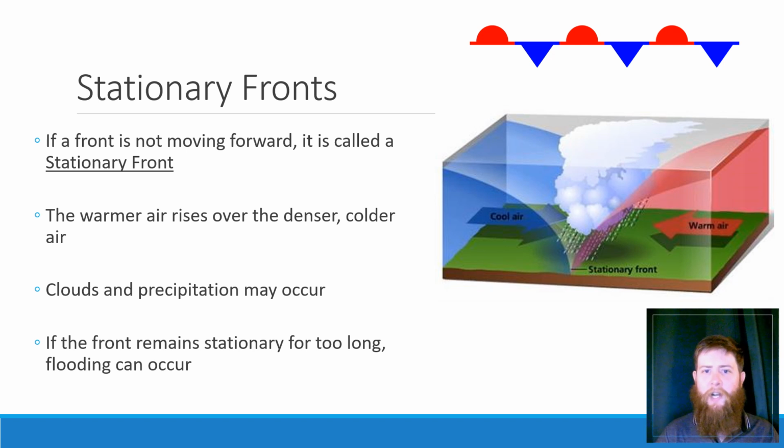So these ones are something to look for, especially in our dry regions that are really susceptible to flash flooding. You'll get flash flood warnings and flash flood watches to look out for these kinds of things. This guy's weather symbol is the red half circle with the alternating blue triangle. This one's not purple, and you notice that they're on the other side of the line from each other. So that's how you can tell a stationary front from an occluded front.